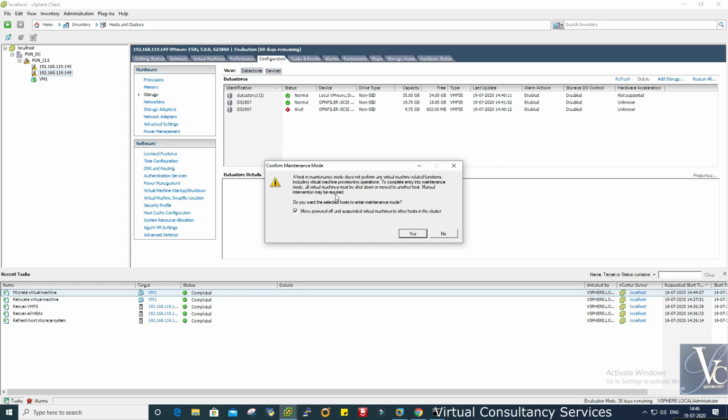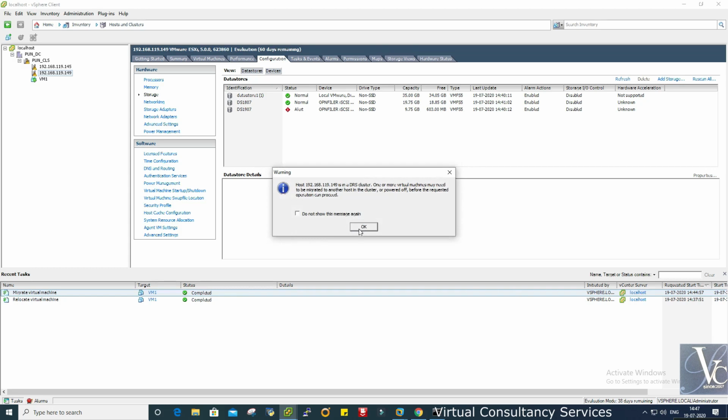Okay, so I'm just putting this host into maintenance mode. Here it is asking to move powered-off and suspended VMs to another host. Yes, we need to do that, because in a hardware failure, if this host does not come back, we need to move these powered-off and suspended VMs to another ESXi host until that host is up. So we do this prior to any hardware failure.